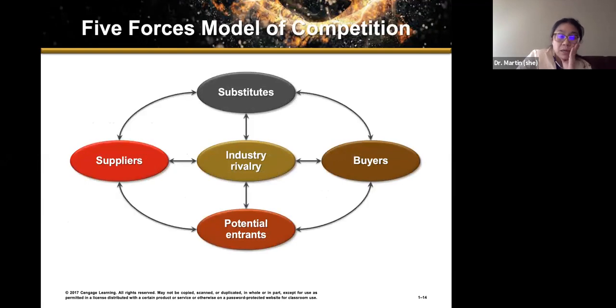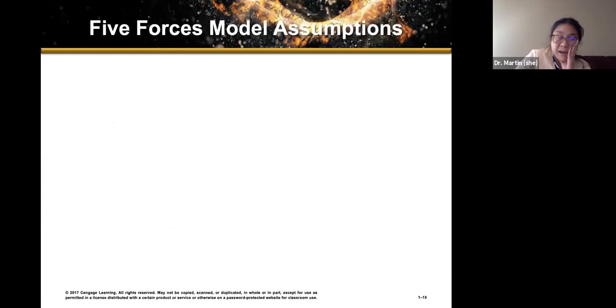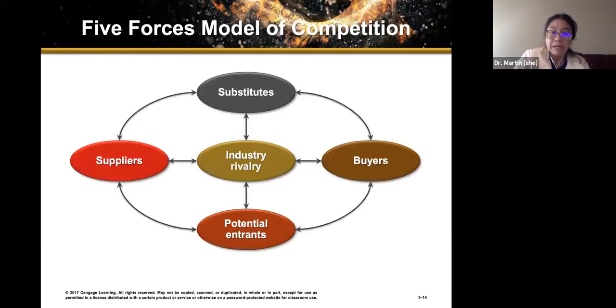Okay, so the 5 forces model of competition. This comes out of Porter, and I deposited an article in your Moodle that you can use and quote from in the writing of your case study. The 5 forces model is at the backbone of a strategy. If you were going to go into an interview for a job and you wanted to do some research, you might throw out some words here about